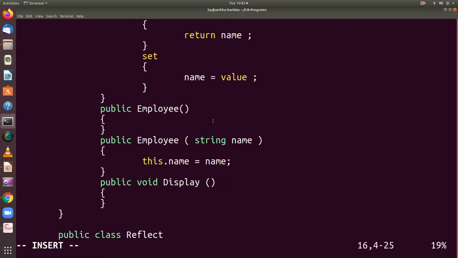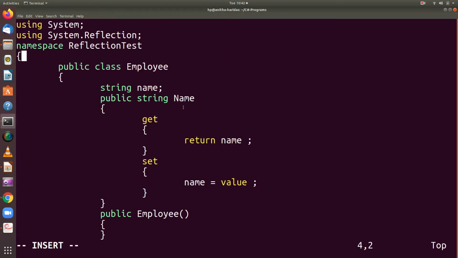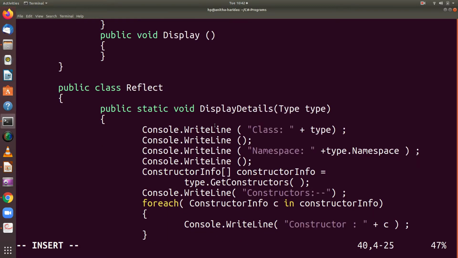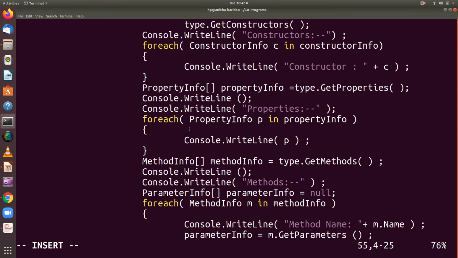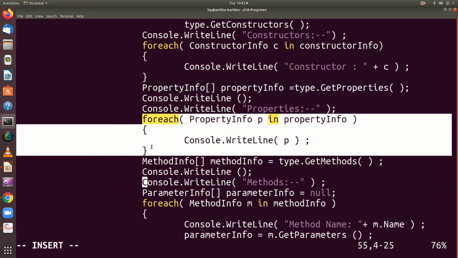So here the property is Name, which is a property of the Employee class. If I want to access that information, I am using PropertyInfo. Again, the GetProperties method will give you the information about the properties. Then, as usual, use your foreach loop just to display the property information which was accessed using the GetProperties method.